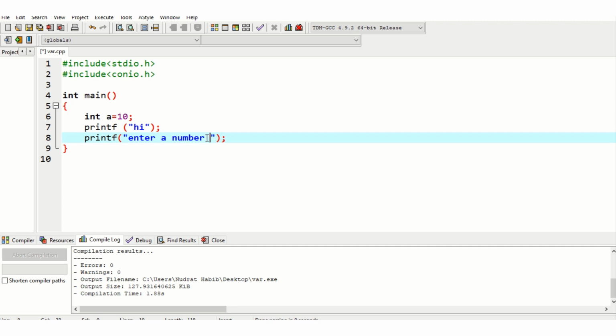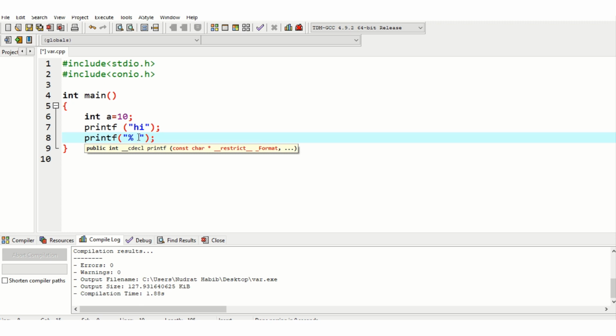First, we need to identify it inside the quotation mark, percentage. This sign is called the placeholder. This placeholder tells the compiler that in this specific location a value or a variable needs to be printed.